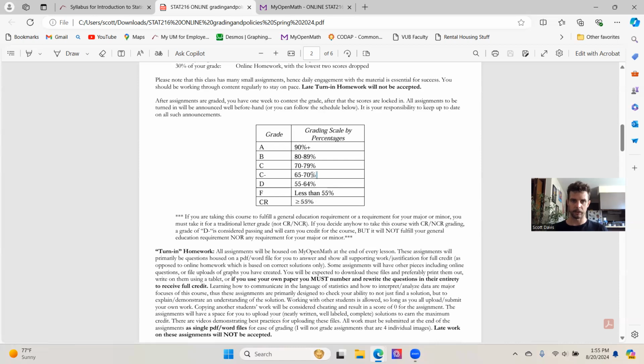Typical grading scale with the note that a C minus, the cutoff is down to a 65. Just giving you a little bit of breathing room in order to still get credit for the course. It is a difficult course. I am very aware of that. Not everyone understands, like, just gets statistics. It can be a challenge, but